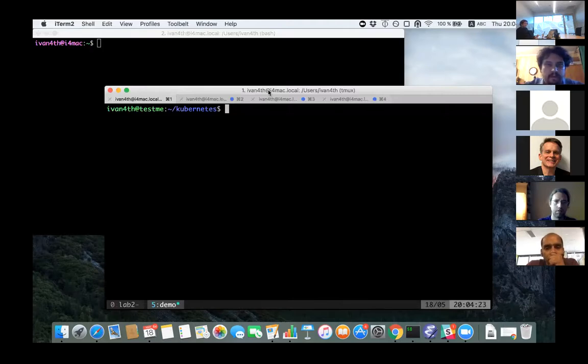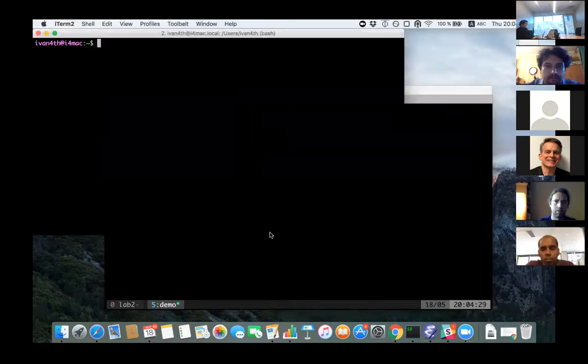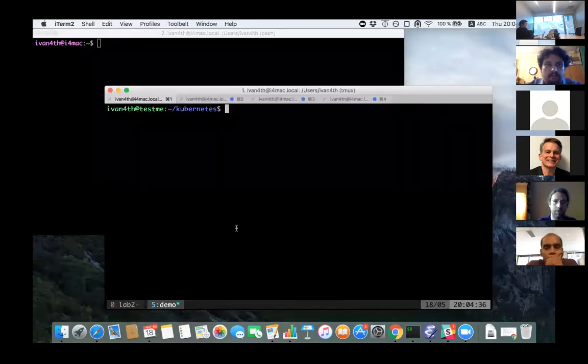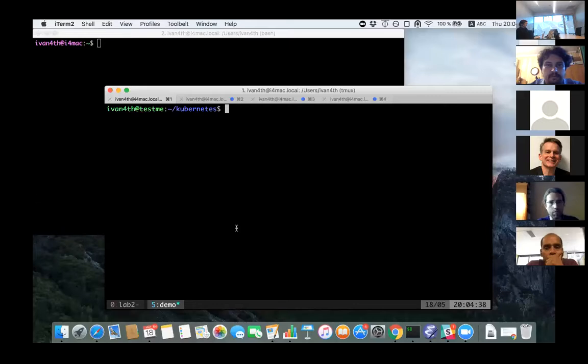So I'll just start the tool now in a couple of windows, one with a pre-built image, and one which will build Kubernetes from source. Actually, because of the time allowance, I am cheating a bit. I already built Kubernetes, so it will build faster.